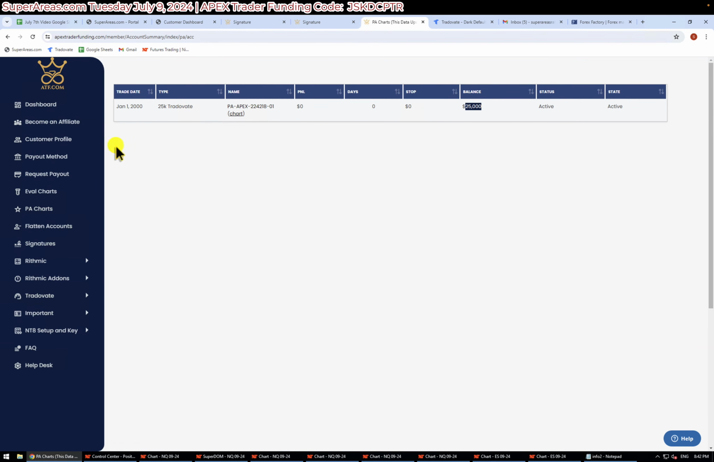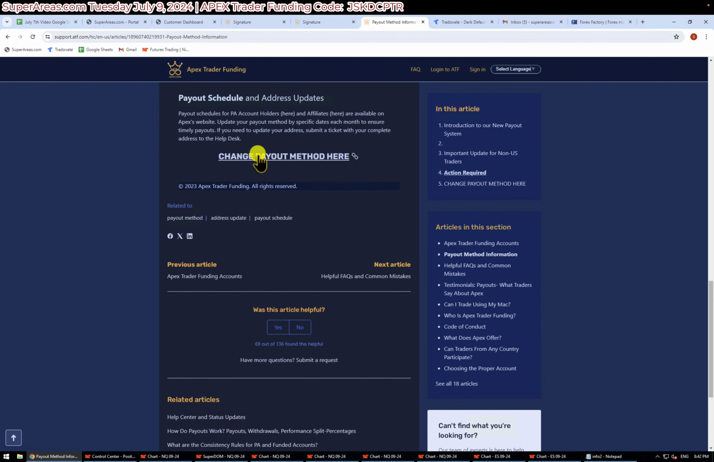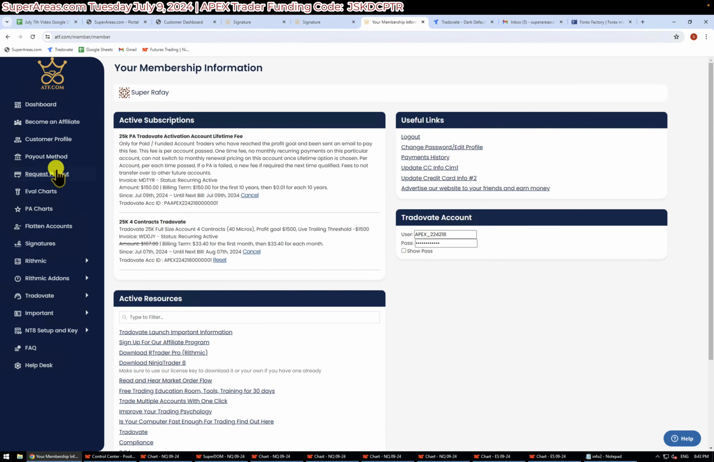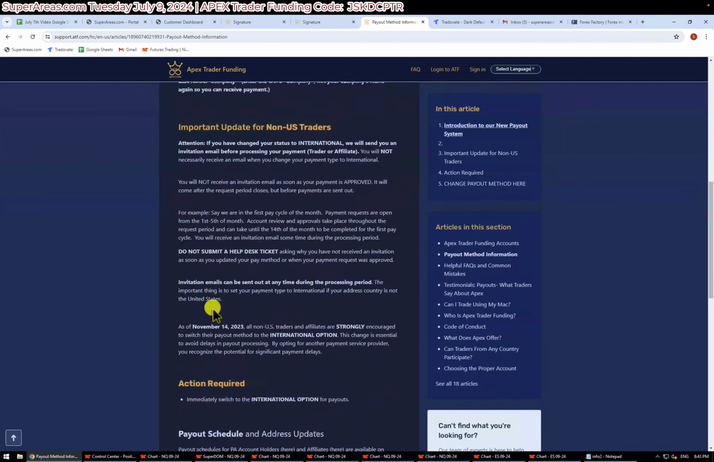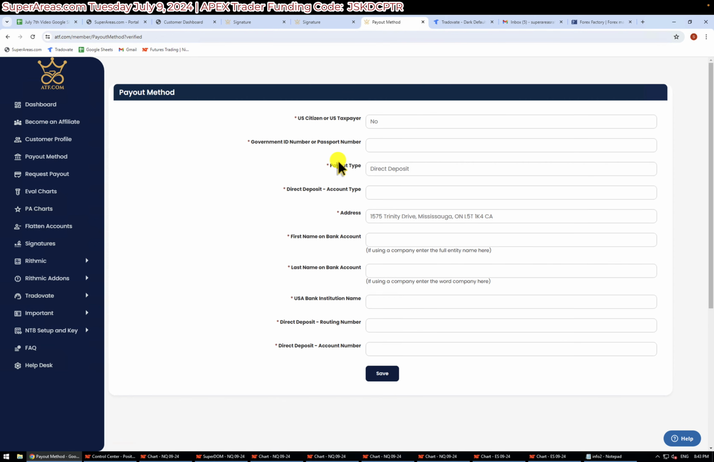So right here, you have something called a payout method. For Canadians, if you click on that and scroll down to the bottom, it says change payout method right here. If I click on it, it's going to ask you to log in again. Let's log in. So I click on this again, payout method. Right away, I know it takes you back. It's a bit of a loop, but just click on payout method again, and it should take you to this